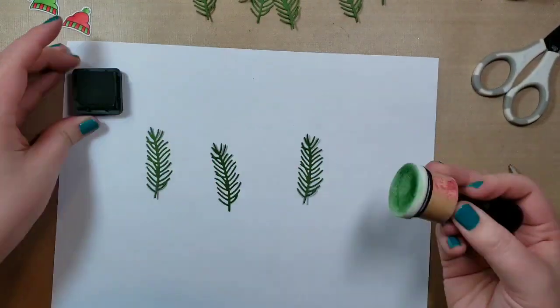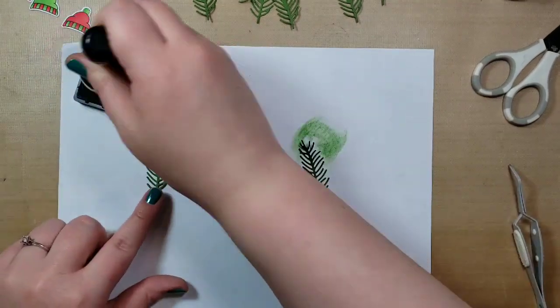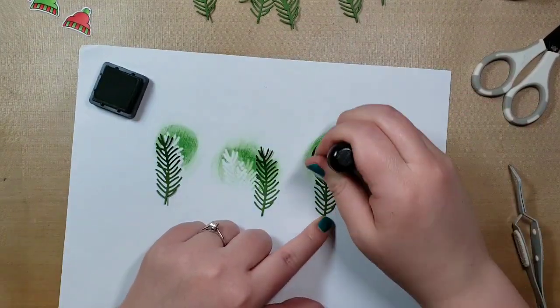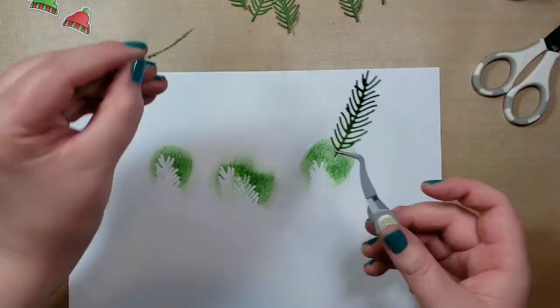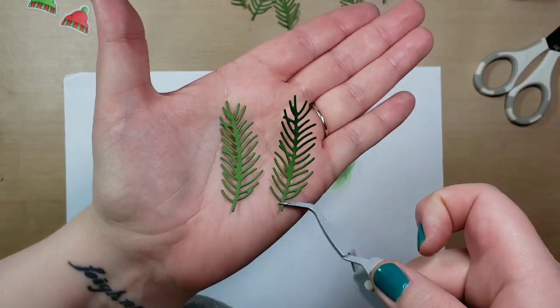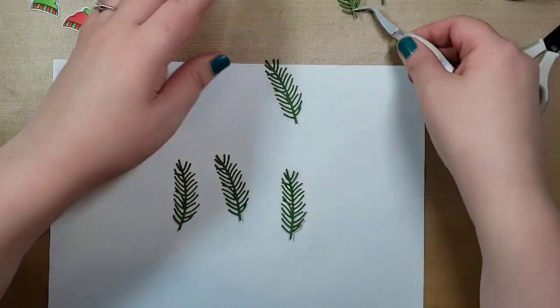I don't remember whose dies these are, but it's like pine leaf. I bet you it's Hello Bluebird. I'm pretty sure it is. It comes like a pine cone or 2 and then 3 different sizes of this kind of stuff. So I just used some Distress ink, Mowed Lawn, to make the 3 of them just kind of